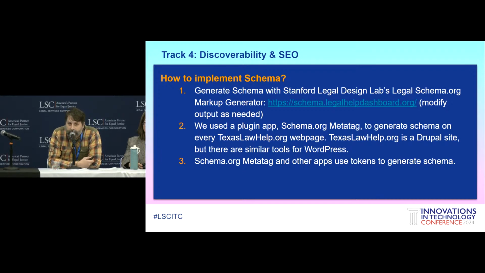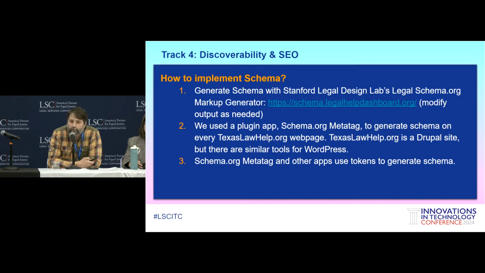Okay, so when we started with our schema journey, the Stanford Legal Design Lab has a really great schema generator. It asks you questions and gives you kind of a pie-in-the-sky schema that you can potentially just paste on your homepage. That's not what we ended up doing, but it did give us something to shoot for. It's like, this is what we would love our schema to be like if we could get it to that level.